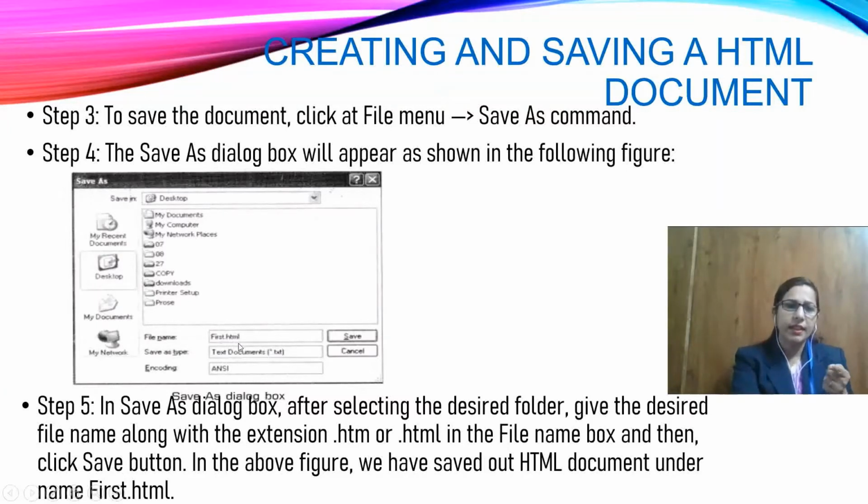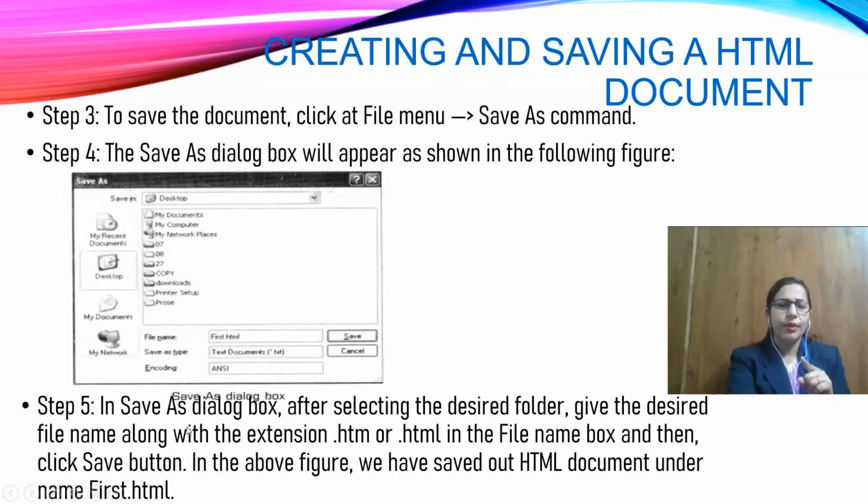I have written here first HTML, write this, and you have to change the type of the file. You have to choose here in place of txt. Txt is the default, so you just change it from txt to HTM or HTML. Understood? After doing this, just click on the Save button.